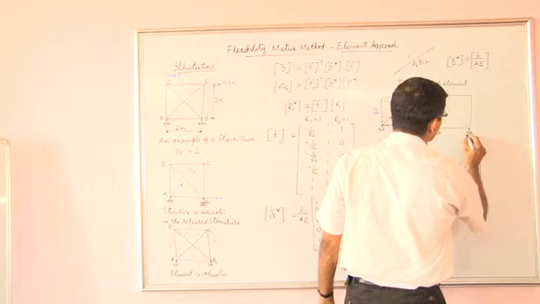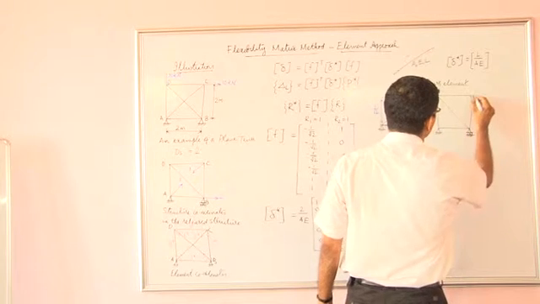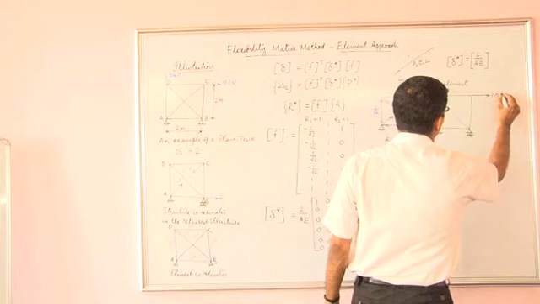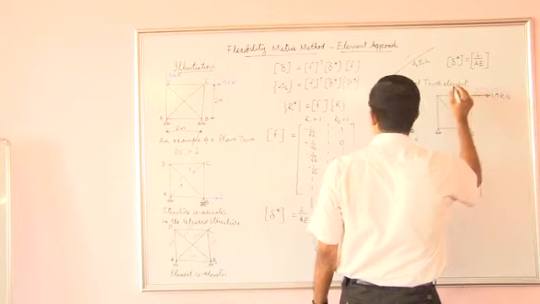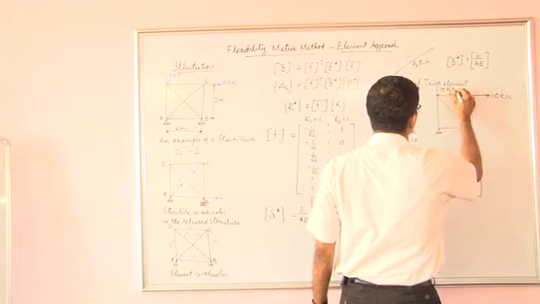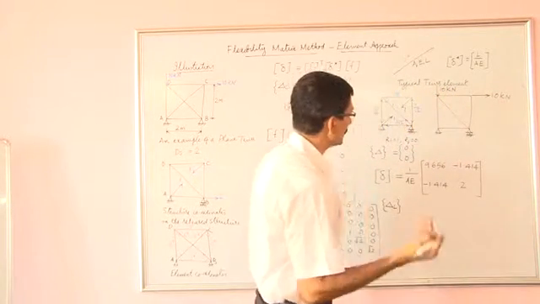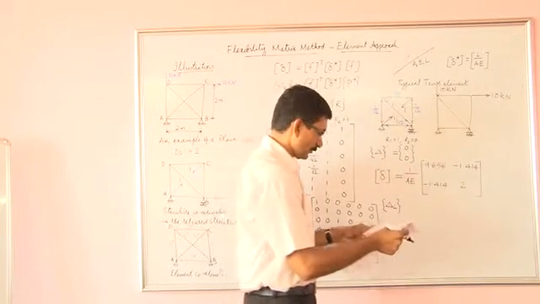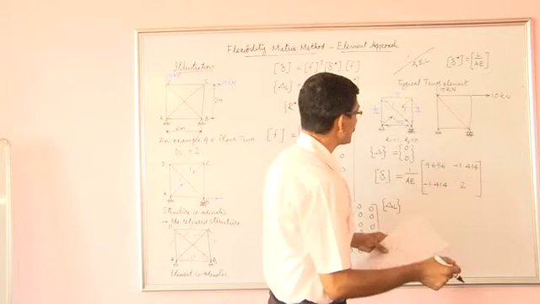This is the release structure on which the externally applied forces are shown. If you follow the method of joints to find out the forces in all these members, we will get